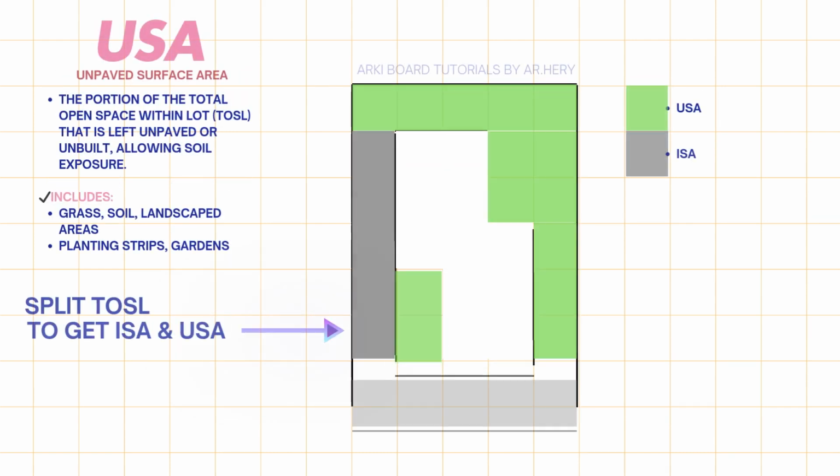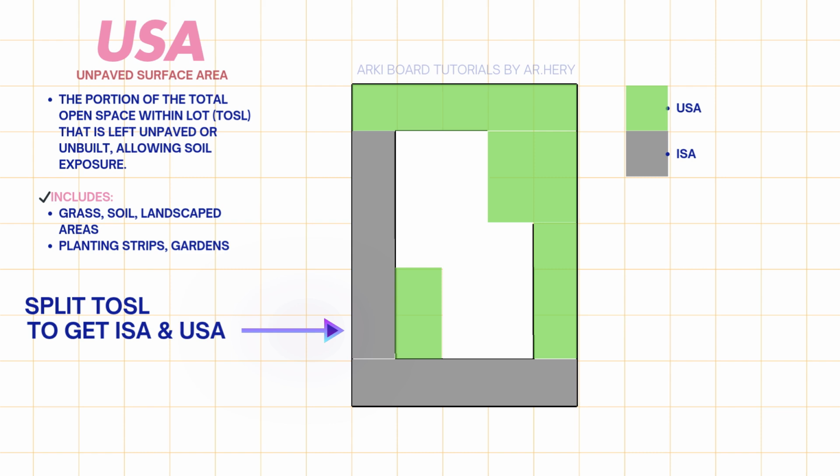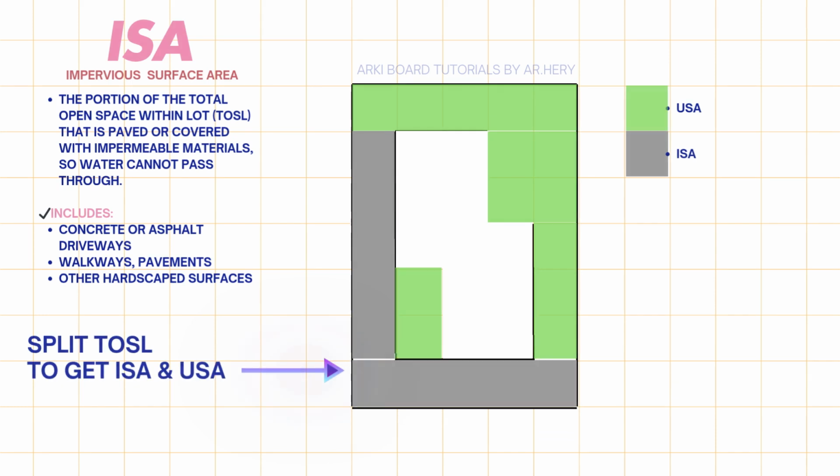In contrast, impervious surface area or ISA refers to open spaces that are paved or covered with materials that do not allow water infiltration, such as concrete or asphalt. Impervious surface area refers to the portion of the total open space within a lot that is covered with materials that do not allow water to pass through the ground. In simple terms, it is the part of the open space that is paved, hardened, or sealed, preventing natural soil